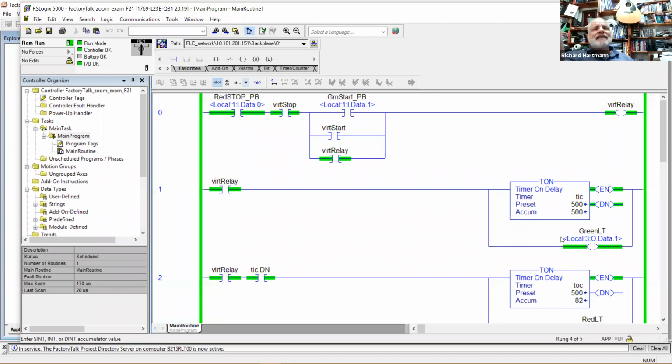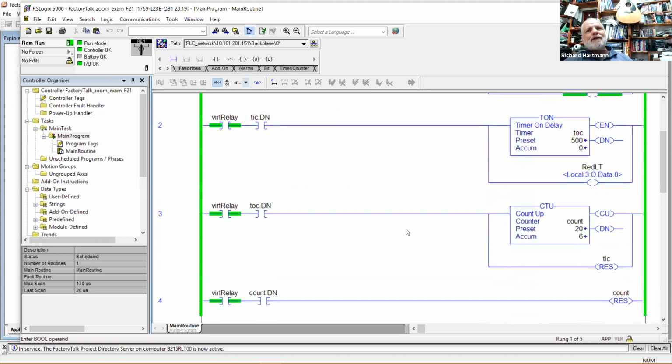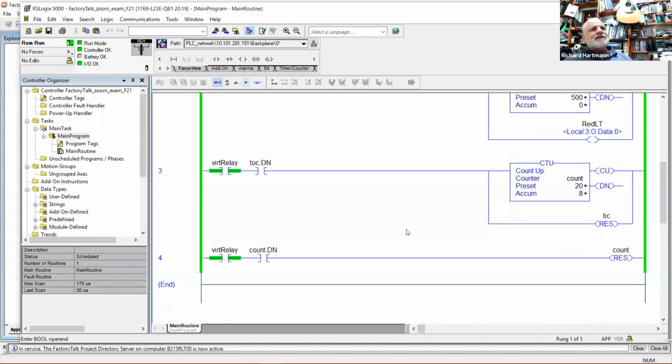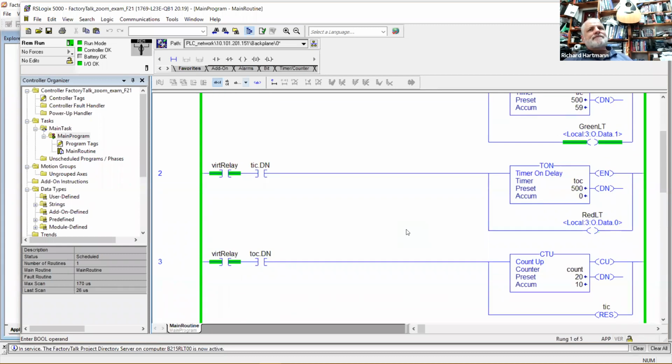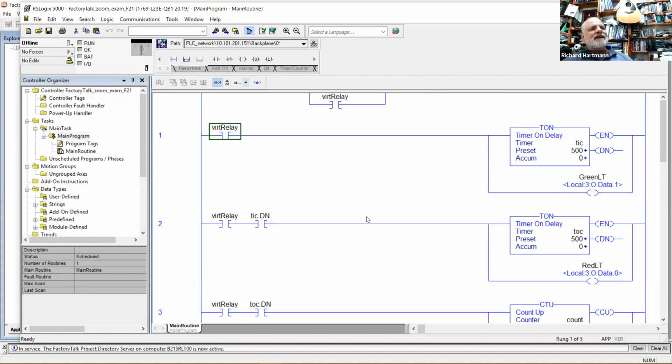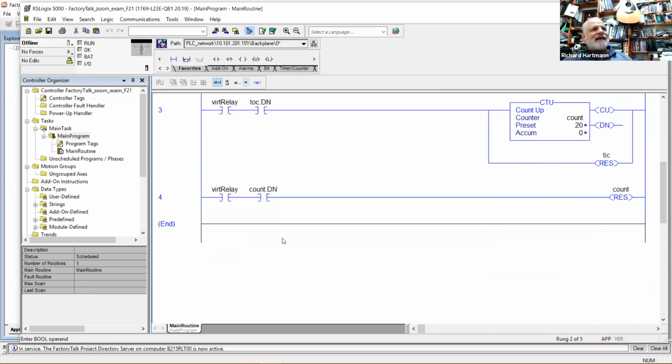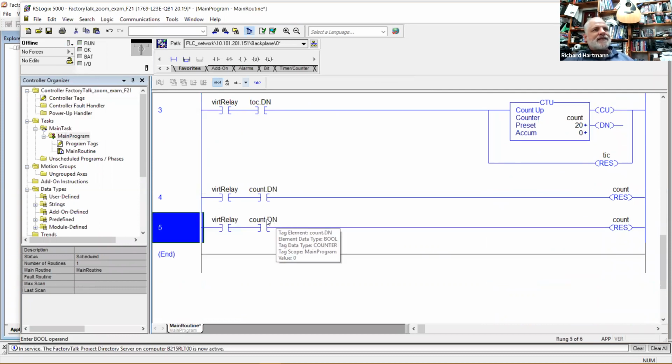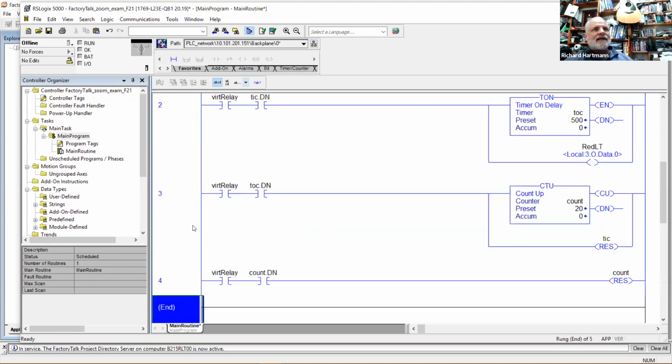Here, this PLC has been running this whole time. And matter of fact, I wish I would have had my loop in here now. So, I'm going to have to stop this a minute. I'm going to go offline. I added that other counter, that loop counter, to count. Actually, I don't even need that. I just want to,